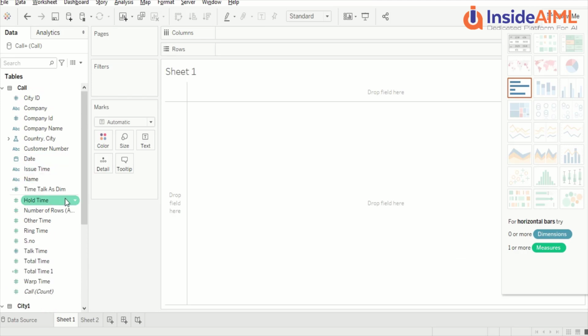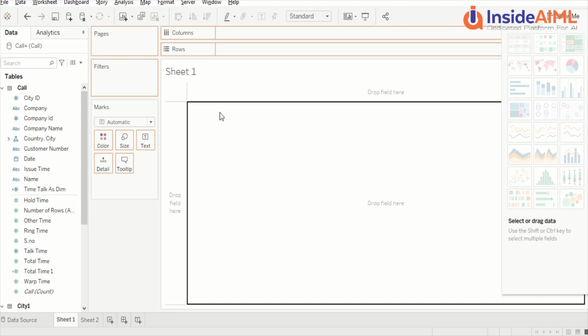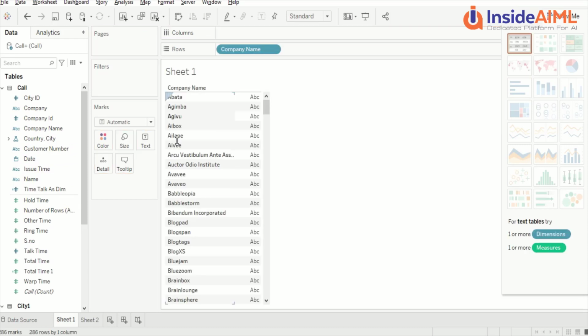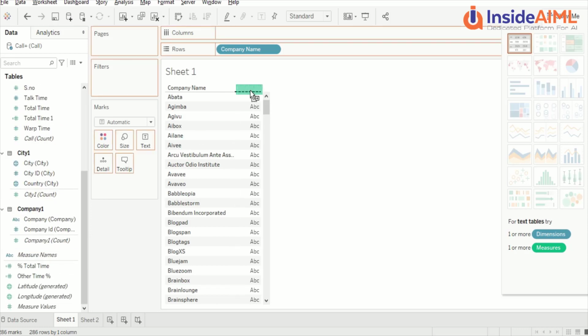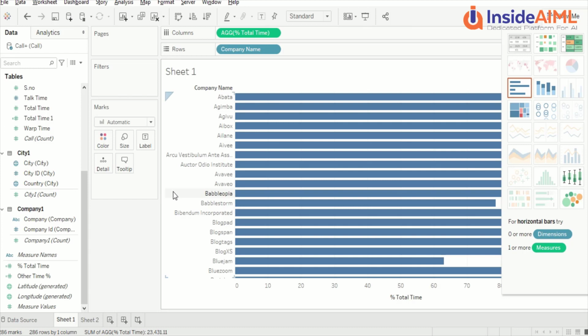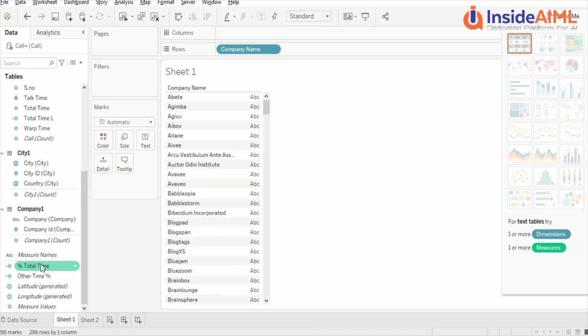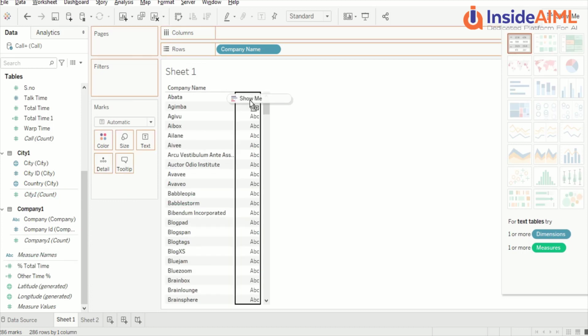So let's quickly take one of the dimensions. Let's take customer name, and for each customer name, what is my total time percentage? Where you drag is going to create different things. If I drag it here, it's going to create a table.